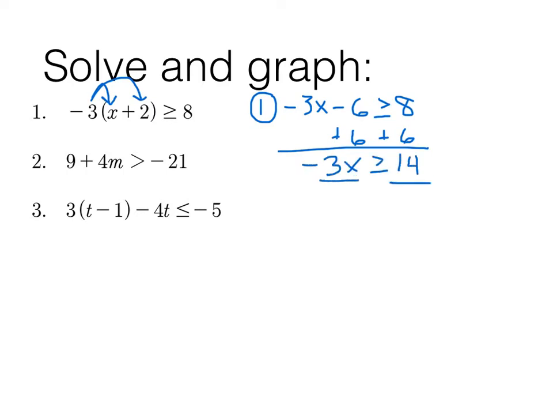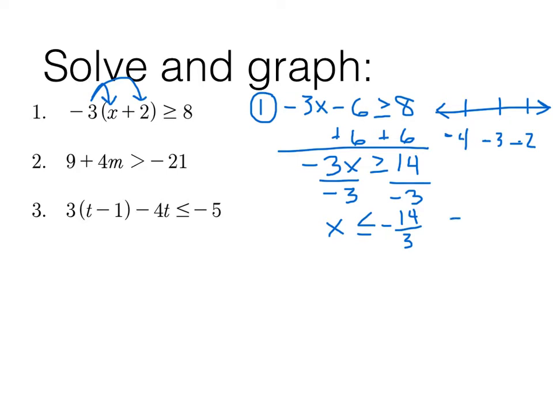I divide both sides by -3. What kind of 3? -3. So it's x is less than or equal to -14/3. Now the graphing of that is not difficult. I'm going to do it right up here. I'm going to put -4, -3, -2. Just think about how your negatives are numbered. And all right, so -14/3 is -4,